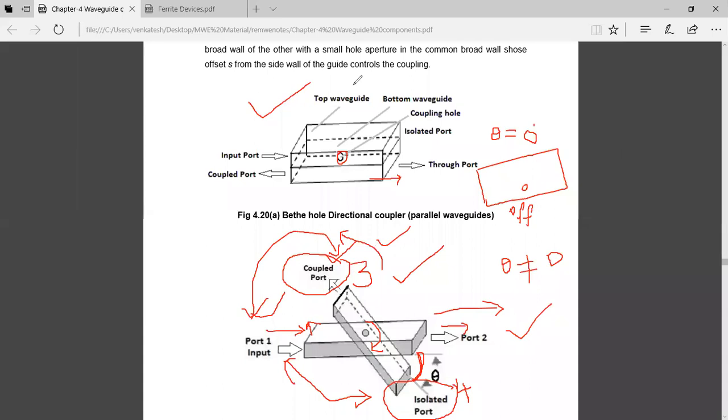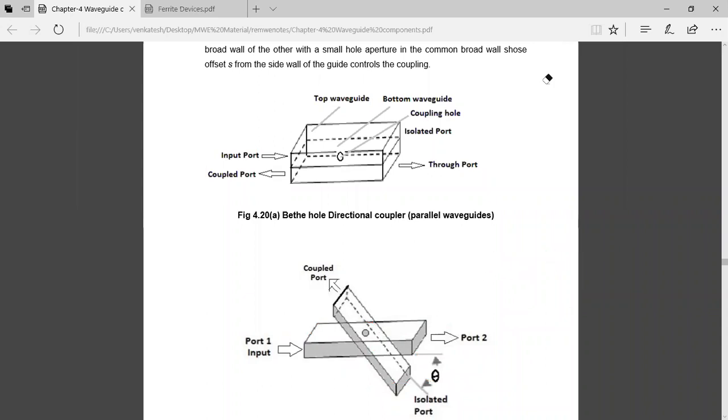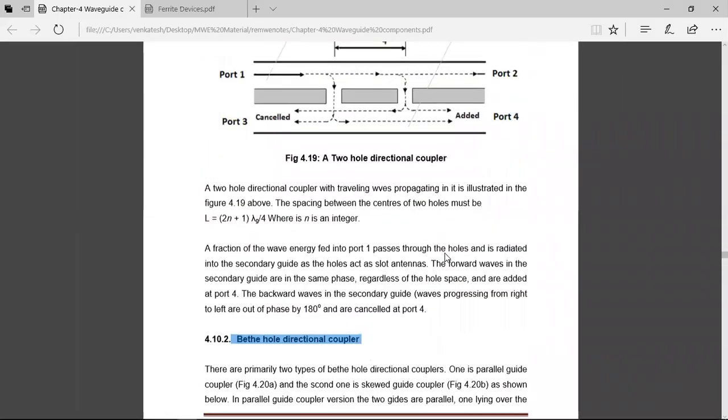If you have any doubt, please put it in the chat box, so that we can move to the next one, the two hole directional coupler, which is very important. We are going to perform the same experiment for the two hole directional coupler. The device was already shown to you while introducing the microwave components in the introductory lab. If time permits, I'll show the diagram of that also. Now let us move to the two hole directional coupler. If you have lost time, please join once again.